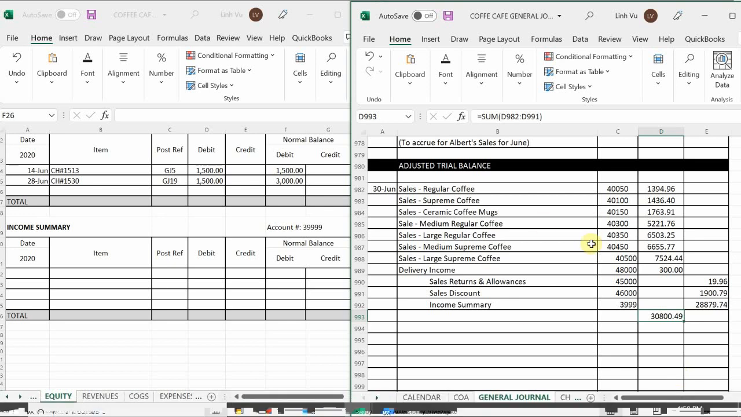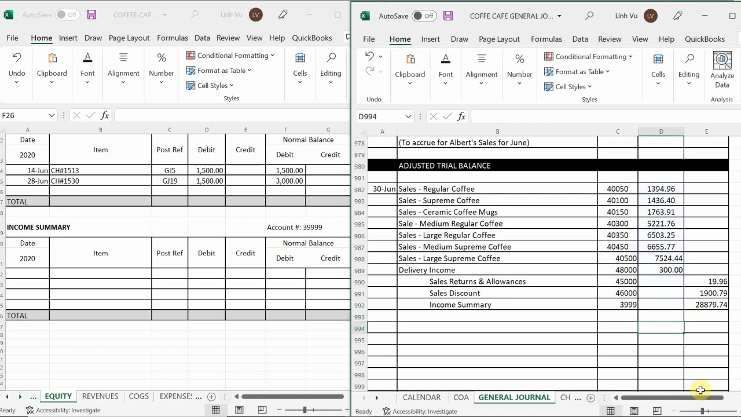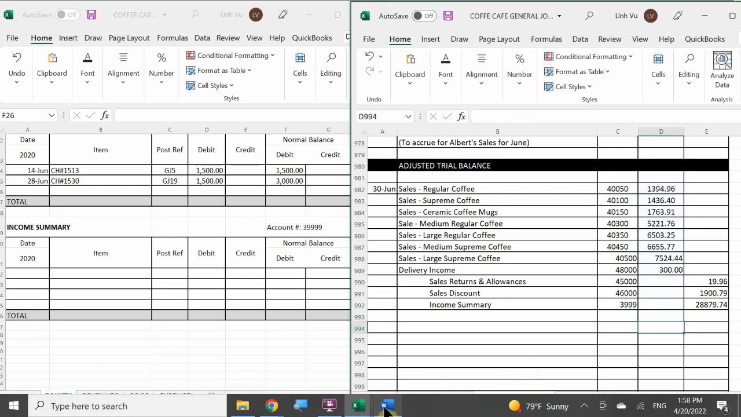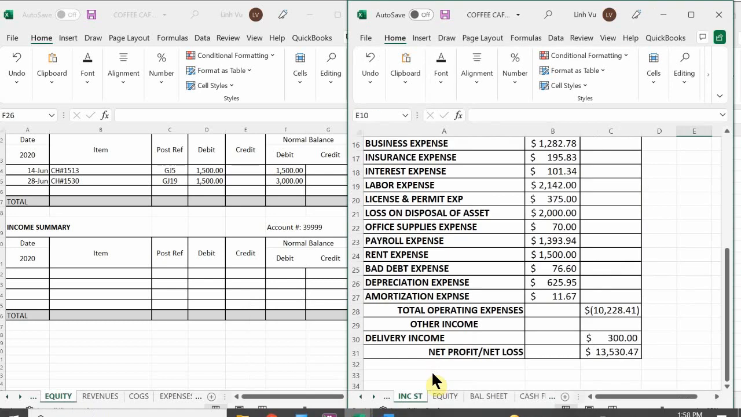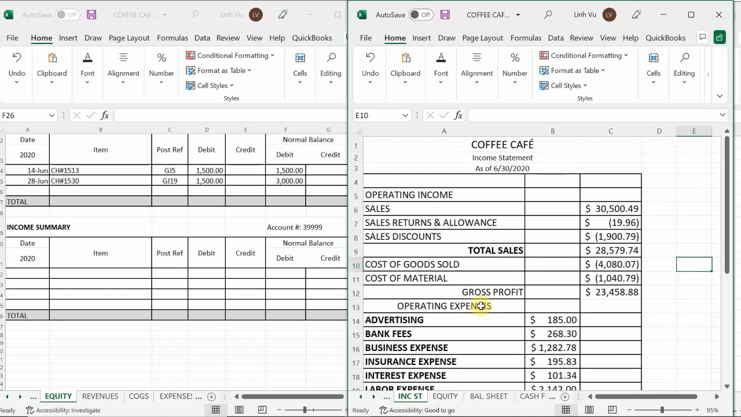Well, I got this. Now, how can you tell that this is correct? Well, we already have solved for this already, right? We solved for this in our income statement. So let's take a look. Income statement. What was your total sales? Your total sales was